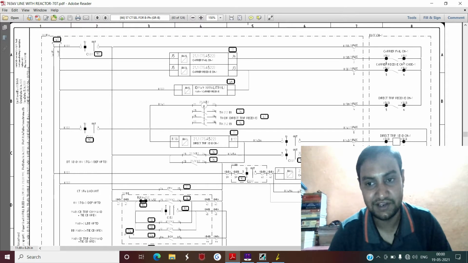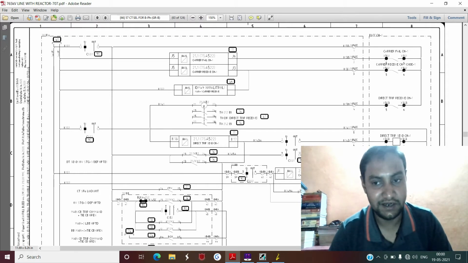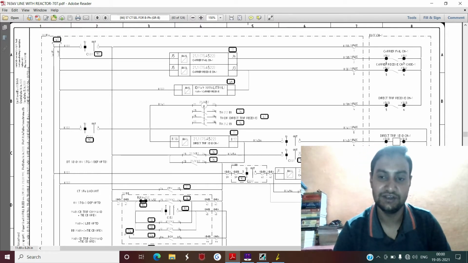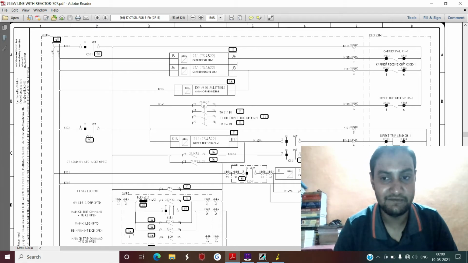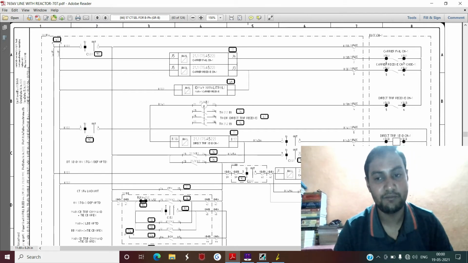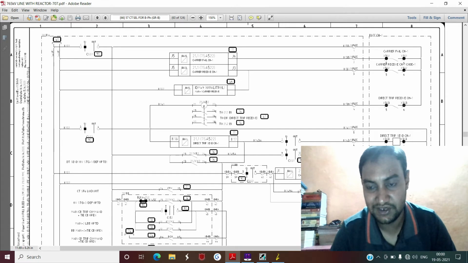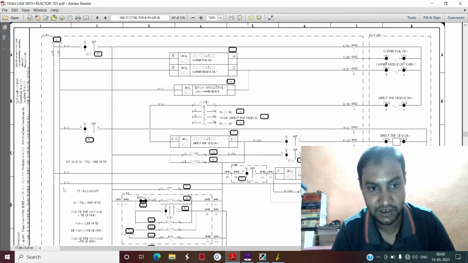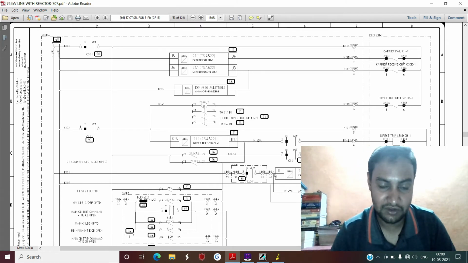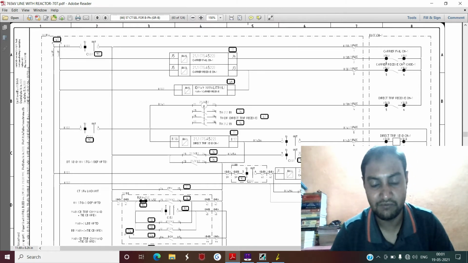So once your carrier is received from remote end, and like I have already explained in the theoretical sessions, it can be permissive underreaching or overreaching scheme, but depending upon whatever scheme, once your carrier is received, then this contact will be made, and once this contact is made, your negative DC supply, which is available up to this point, is now extended from this terminal to J2 terminal. That means now you are having this J1 terminal 110 volt positive, J2 terminal 110 volt negative.